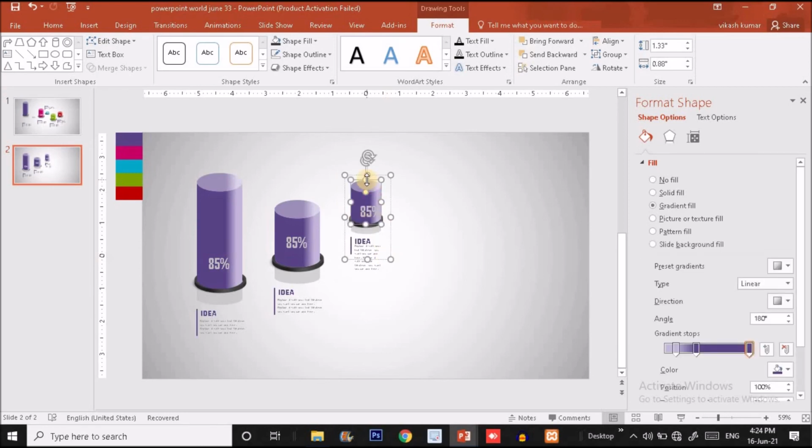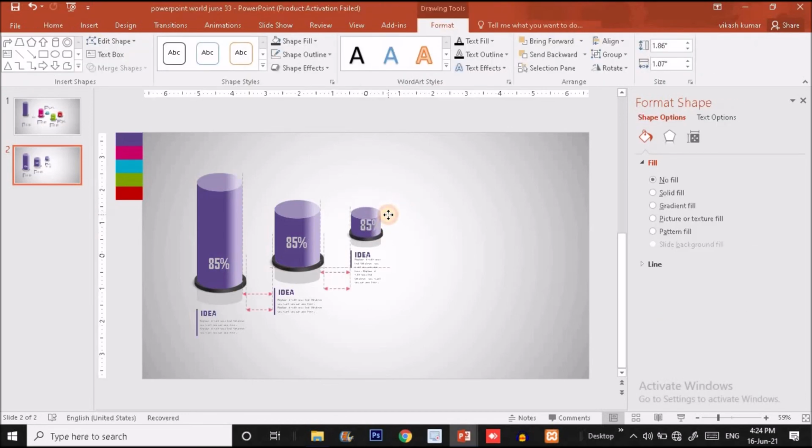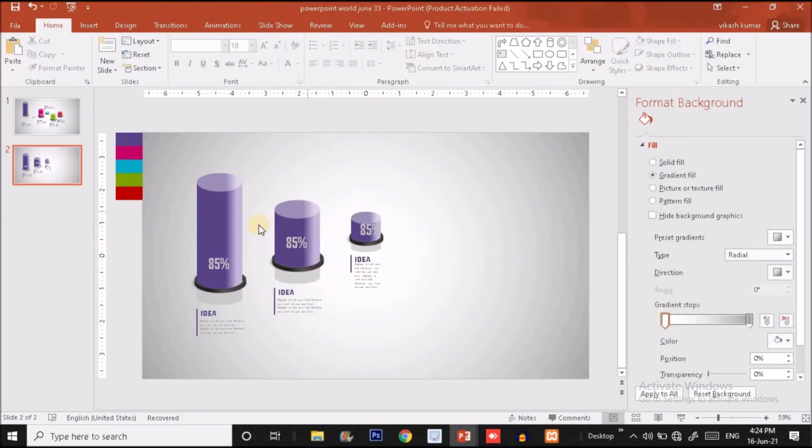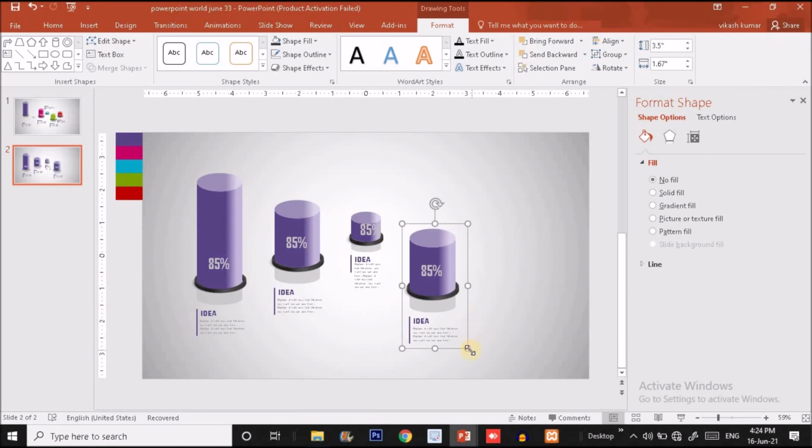Okay, now I will decrease the size of this shape over here and put it something here. Now I will duplicate this shape group by pressing Ctrl D and put it over here. Press Ctrl Shift together and drag it inward to make it a little bit smaller, more smaller like this.